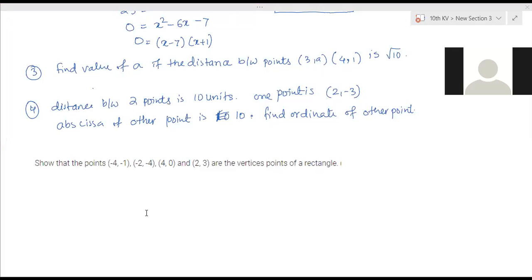Yeah, diagonals. So that means whenever for any quadrilateral they are asking, you have to calculate 6 distances: the 4 sides and 2 diagonals. That is, if ABCD is a quadrilateral, then AB, BC, CD, AD, all 4 distances you have to calculate, as well as the diagonals AC and BD. All the distances you have to calculate.